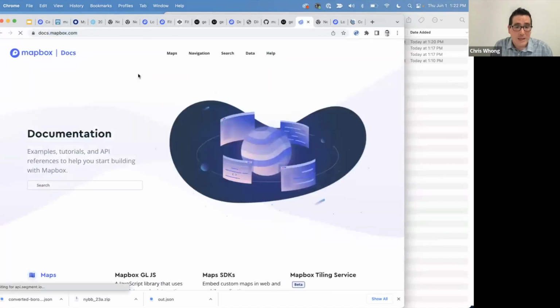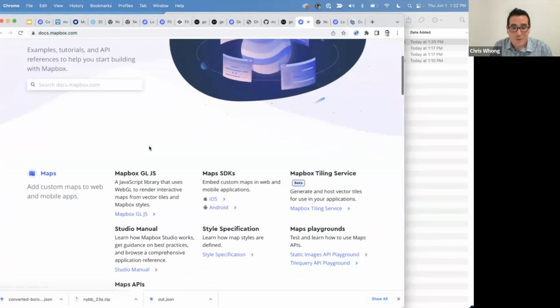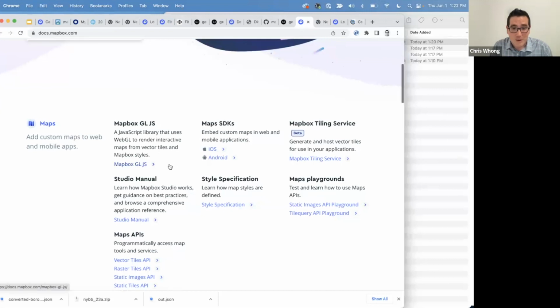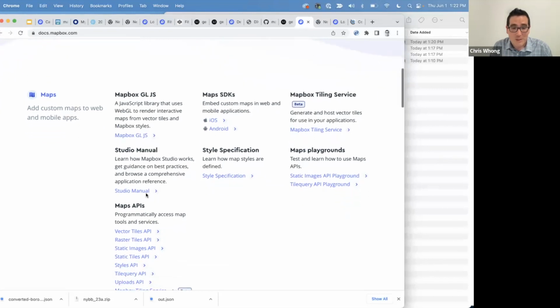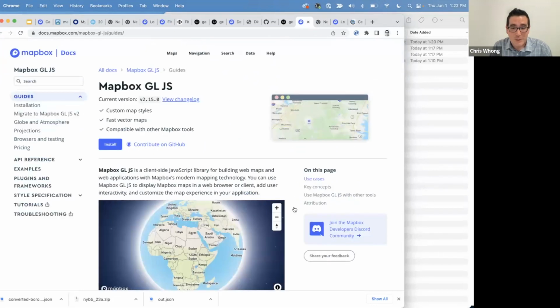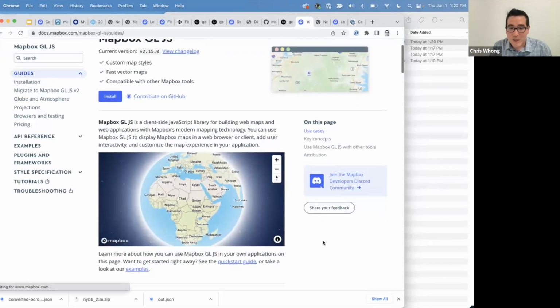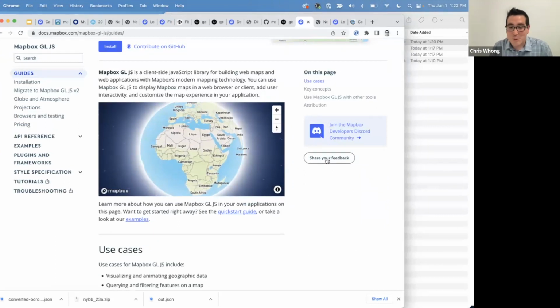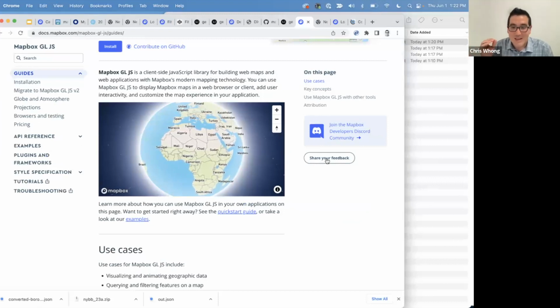And then last but not least, you've probably all used the docs quite a bit, but Connor and I spent a lot of time in there trying to improve these, and I want to give a special shout out to this little button right here that says share your feedback. So you probably see these on a lot of docs systems that you use and you don't know if anyone's really listening. So I'm here to tell you right now in this webinar that Connor and I are absolutely listening, and we get multiple of these per day.